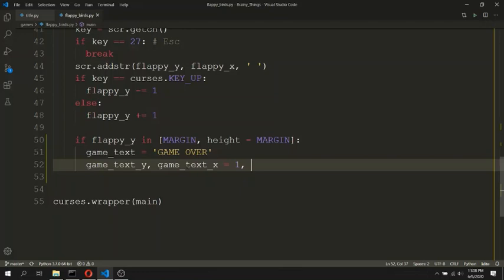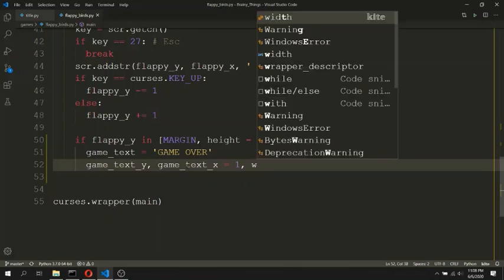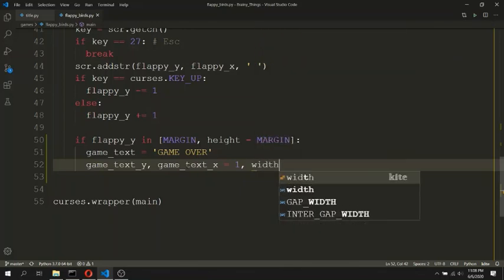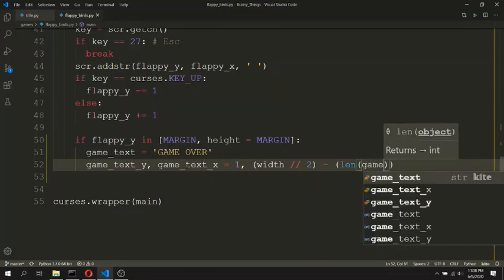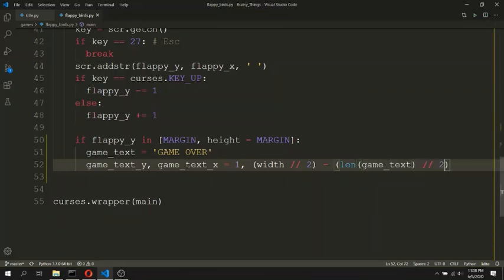That is, we will do this width by 2 minus length of this game text divided by 2. Take some time to see if this line makes sense or not.